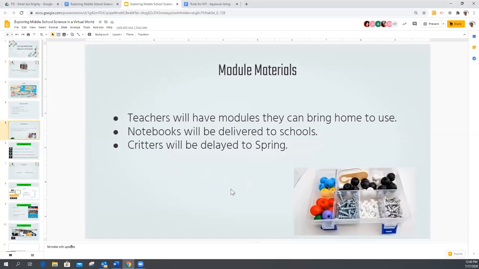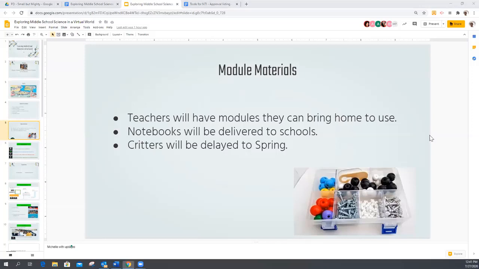Somebody asked a question about sharing the recording. We will make sure that you have access to the recording. We're recording today because the AIS schools will also be using this next week in some of their trainings, and then we will figure out a way to share it with you as well. Probably it will be in the Google Classroom, and so teacher leaders or department chairs should be able to have access to that.